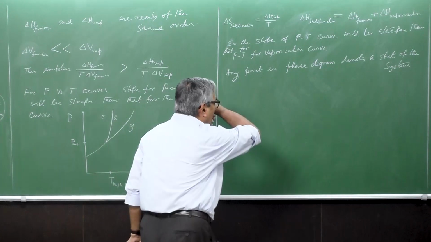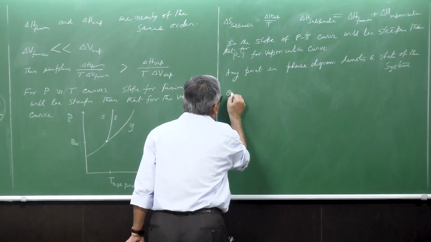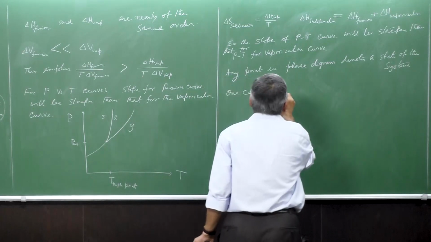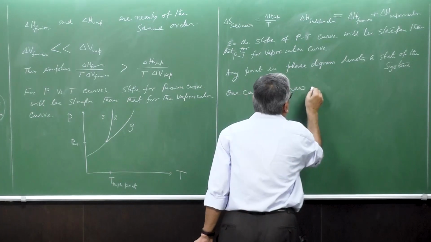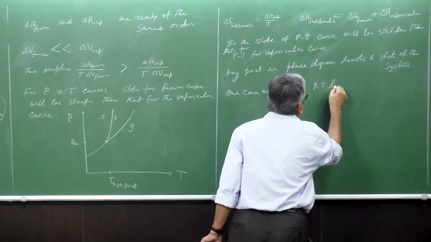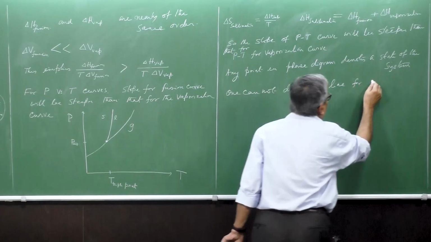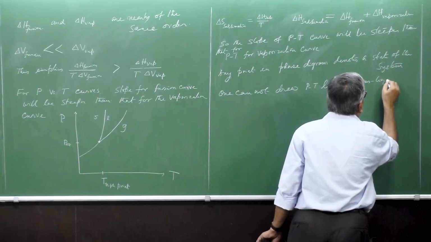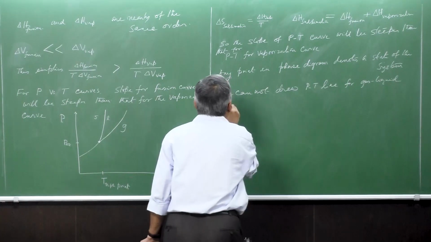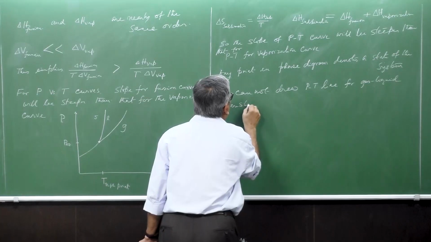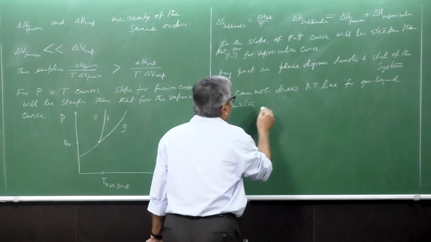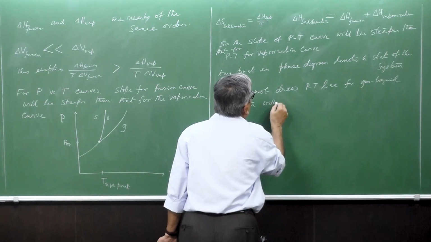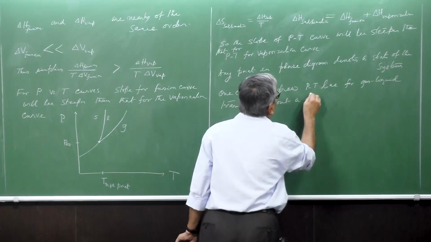So, one cannot draw a PT line for the gas-liquid transition without a limit,